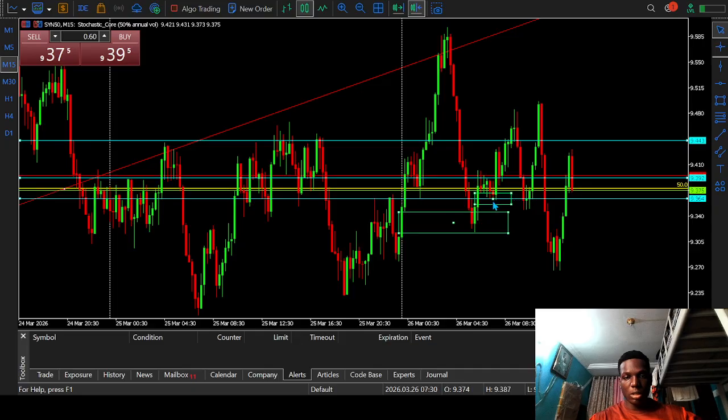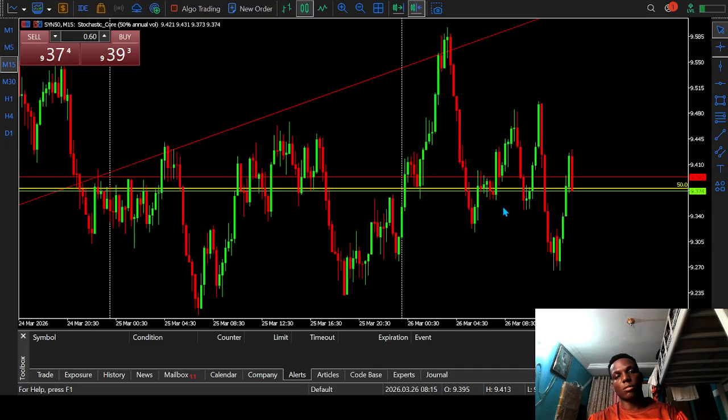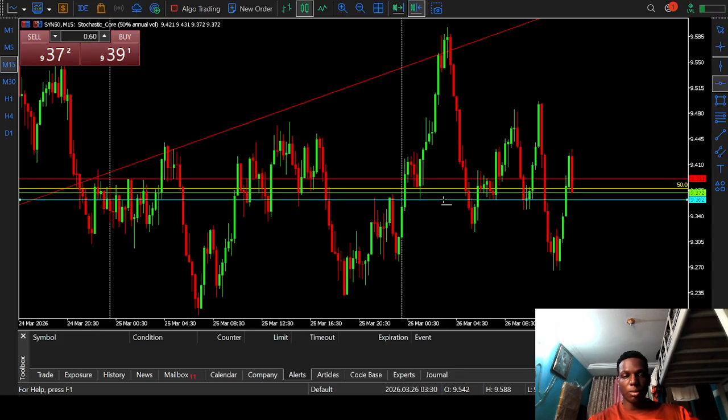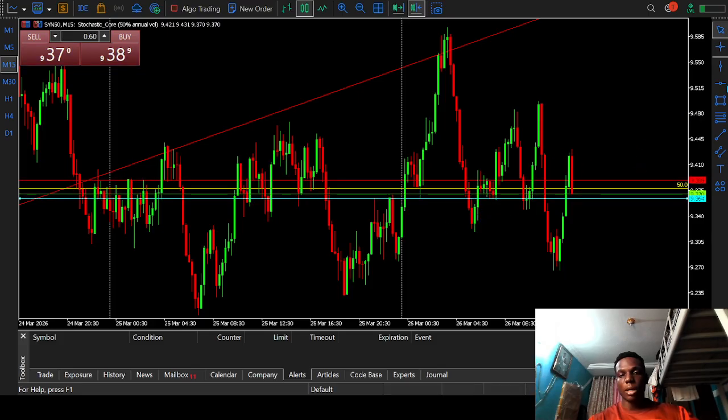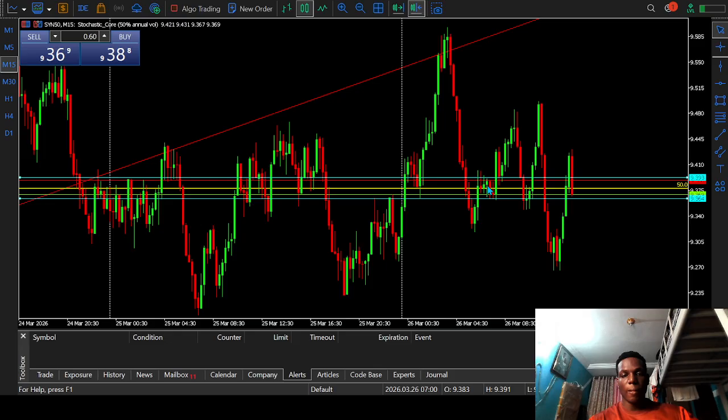I saw this liquidity. You know what? No, I'll just leave this. I'll just leave that. Okay, so this liquidity sweep right here. Sorry. So this liquidity sweep, and I was waiting for a break of structure. So I found a break of structure here. Alright, move up, move down, candle close above it.